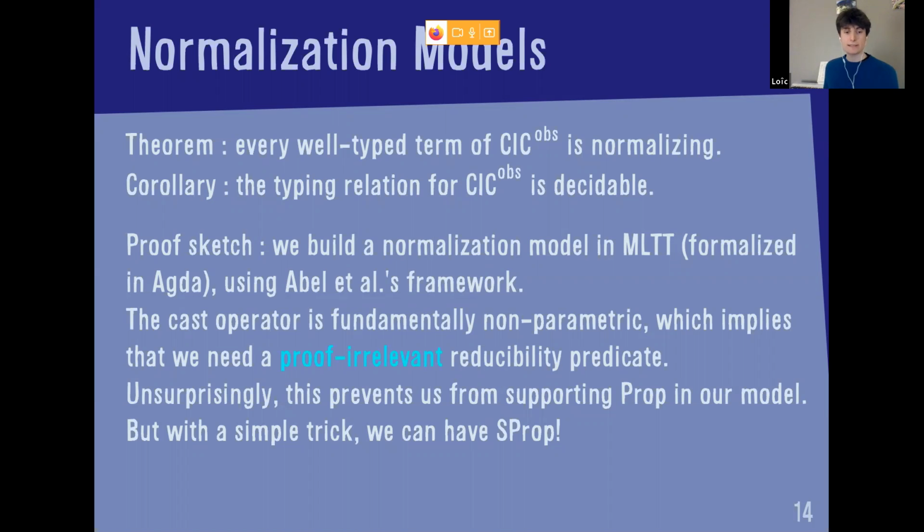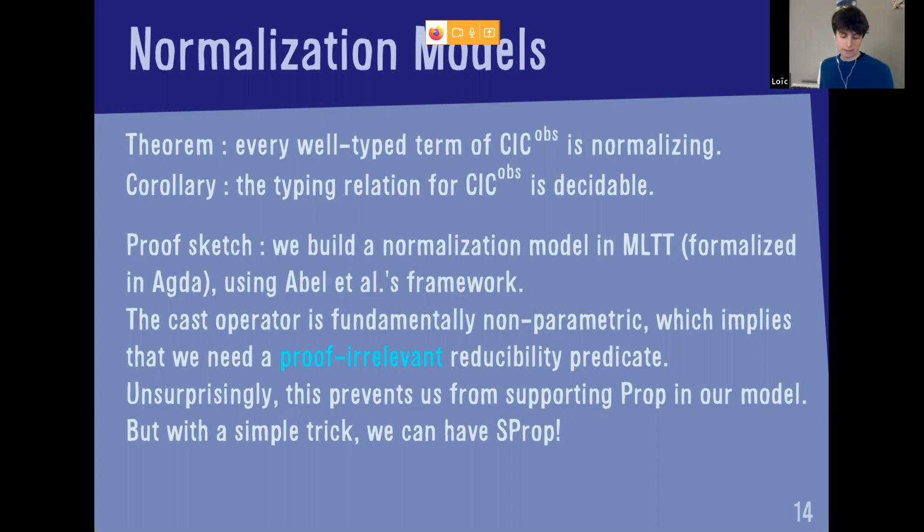Unsurprisingly, this prevents us from supporting the universe of proof-relevant propositions in our model. Because if we were to add proof-relevant propositions, then we would be forced to compute with them, and thus the counter-example of Abel and Coquand that we talked about a little bit earlier would apply and break the type-checking algorithm.